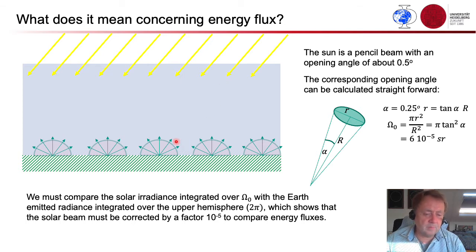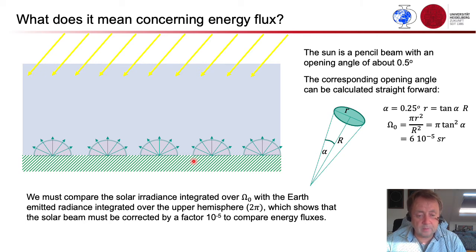But at the bottom, the Earth's surface emits radiation isotropically in all directions upward. So when we calculate fluxes from that situation, what is actually then the factor that we have to apply to compare solar fluxes with those of the